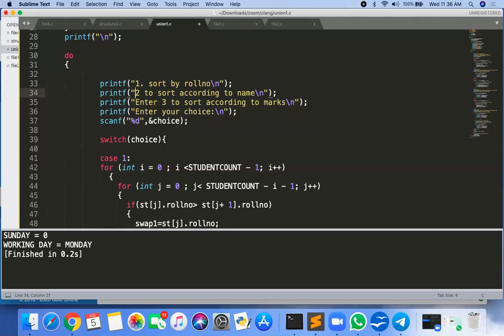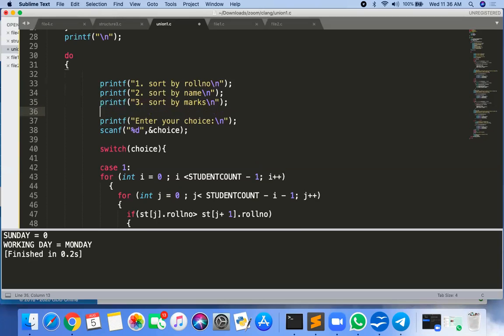Enter 2 for sort by name. 3 for sort by marks, and 4 for display.